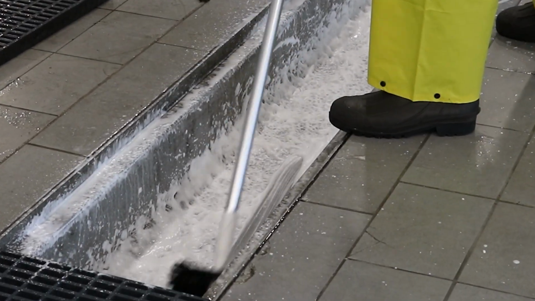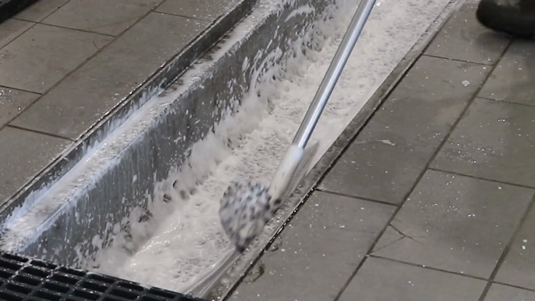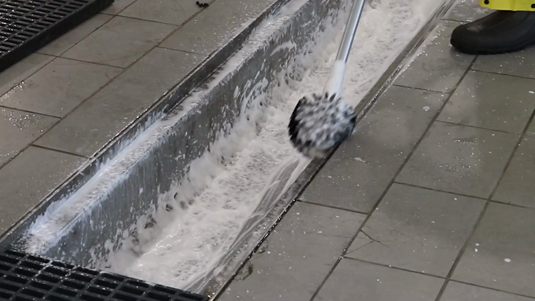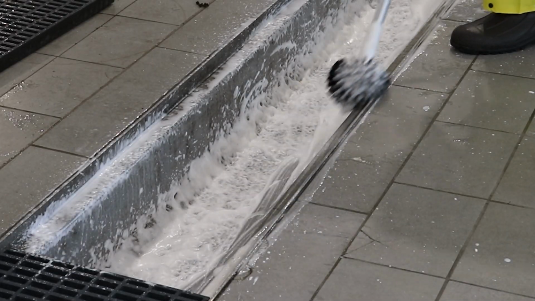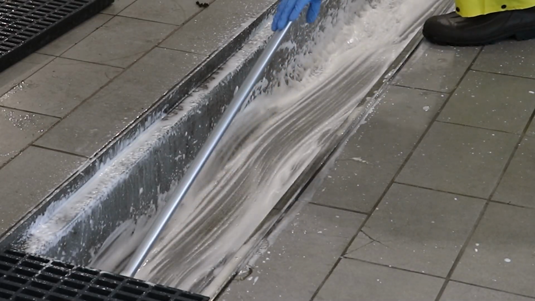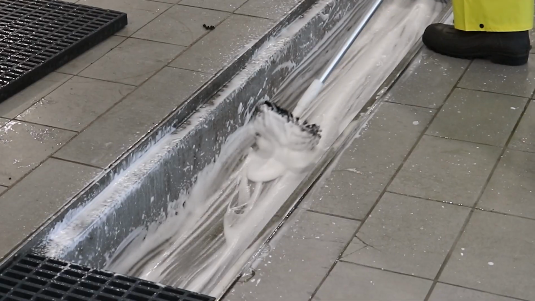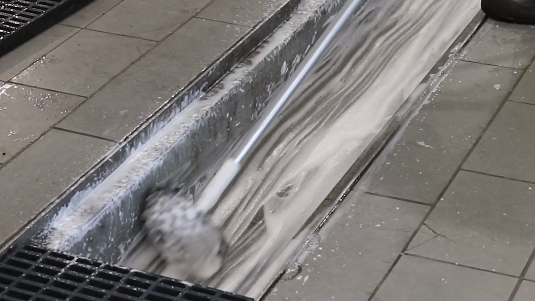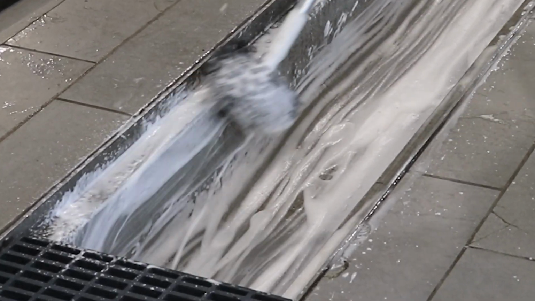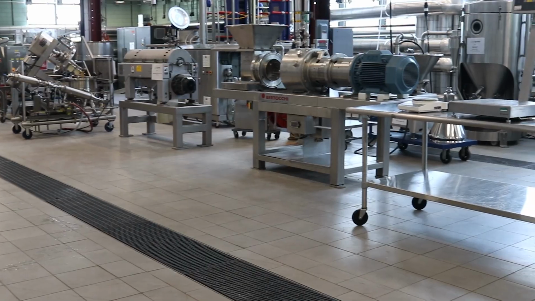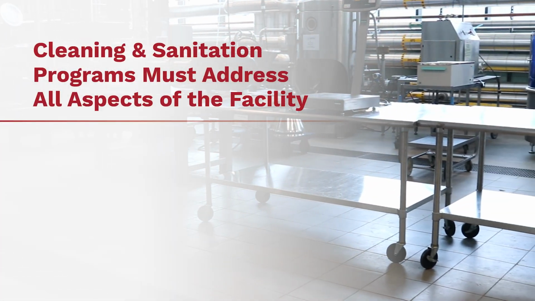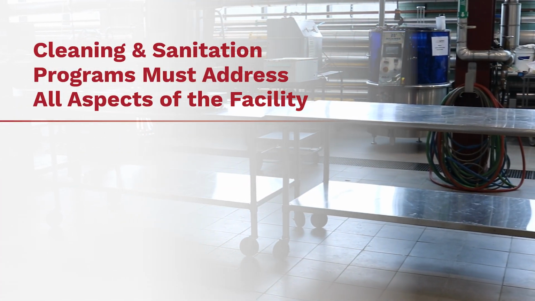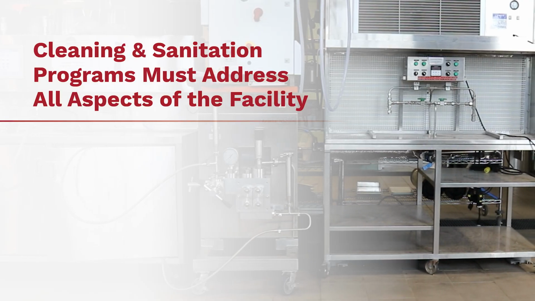Let's discuss cleaning and sanitation programs. Foodborne illness prevention in food establishments relies on regular facility maintenance and cleaning to control microbial activity and discourage environments that are hospitable to their growth. Food establishments need to have a regular cleaning and sanitation program in place that addresses all aspects of the facility,